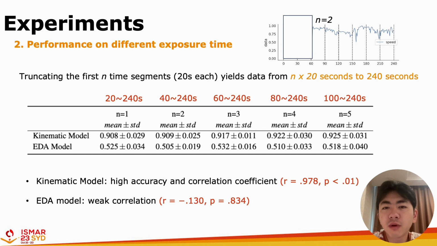We truncated the 4 minutes of data and removed the initial portion. Truncating the first n time segments, each 20 seconds long, yields data ranging from n times 20 seconds to 240 seconds. After retraining the kinematic model and the EDA model, we observed a strong correlation between exposure time and